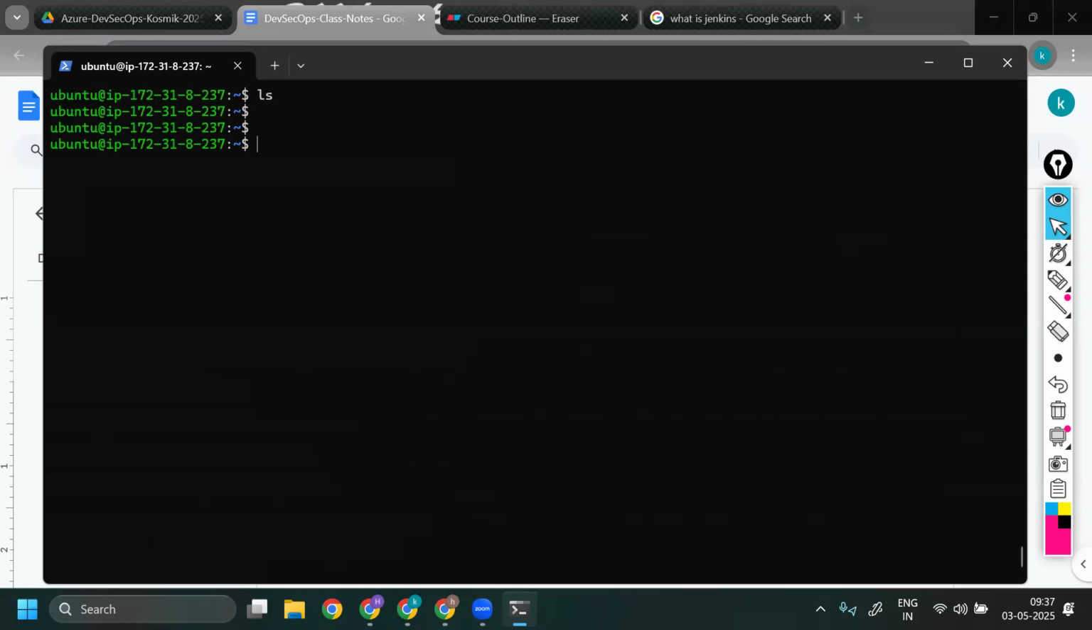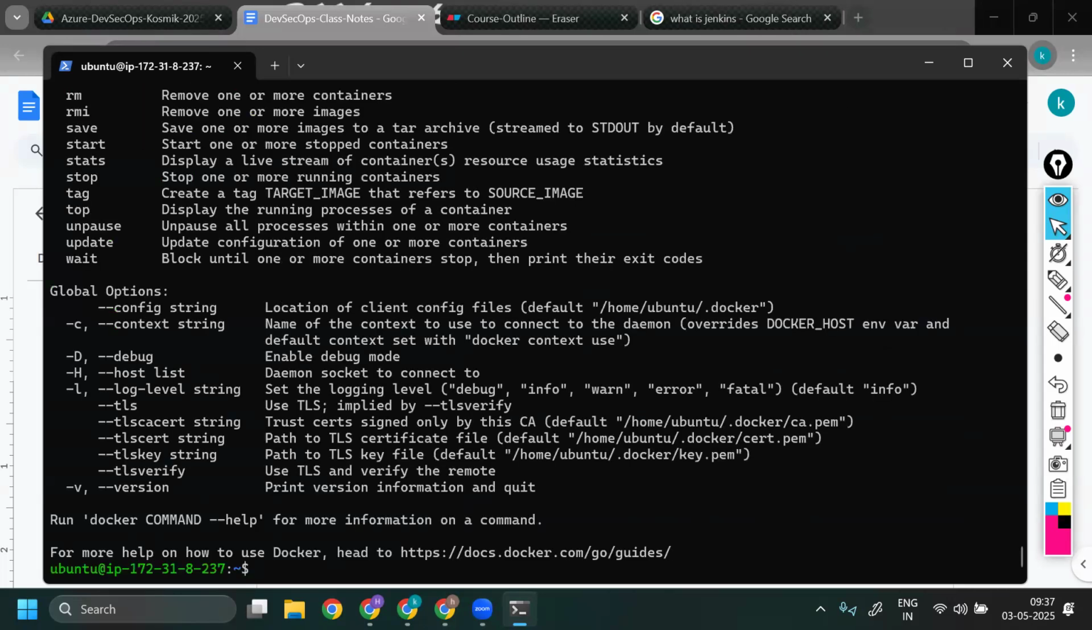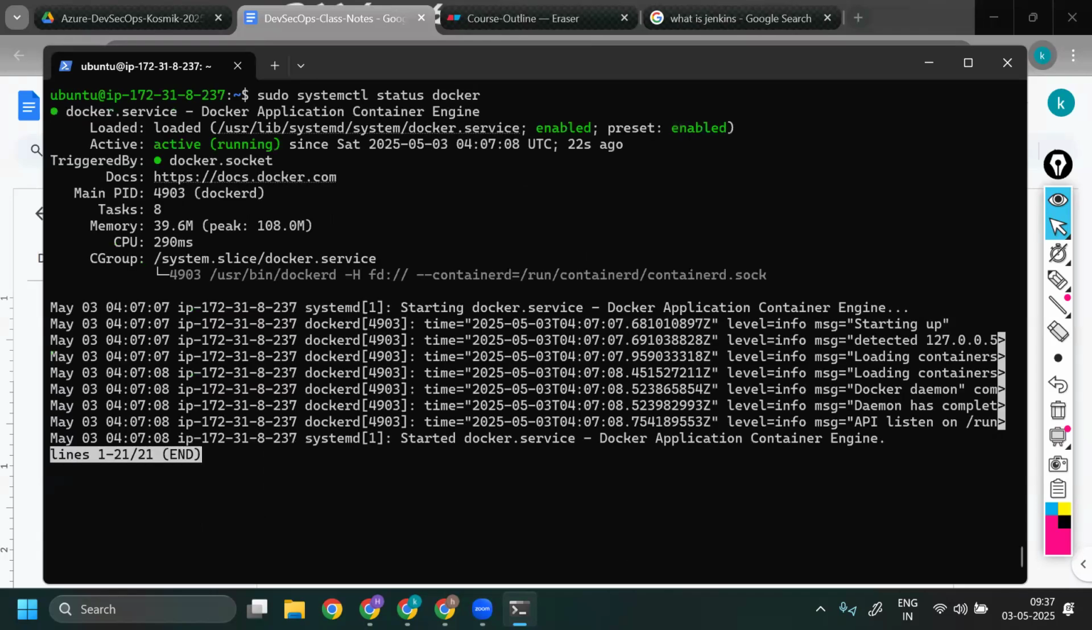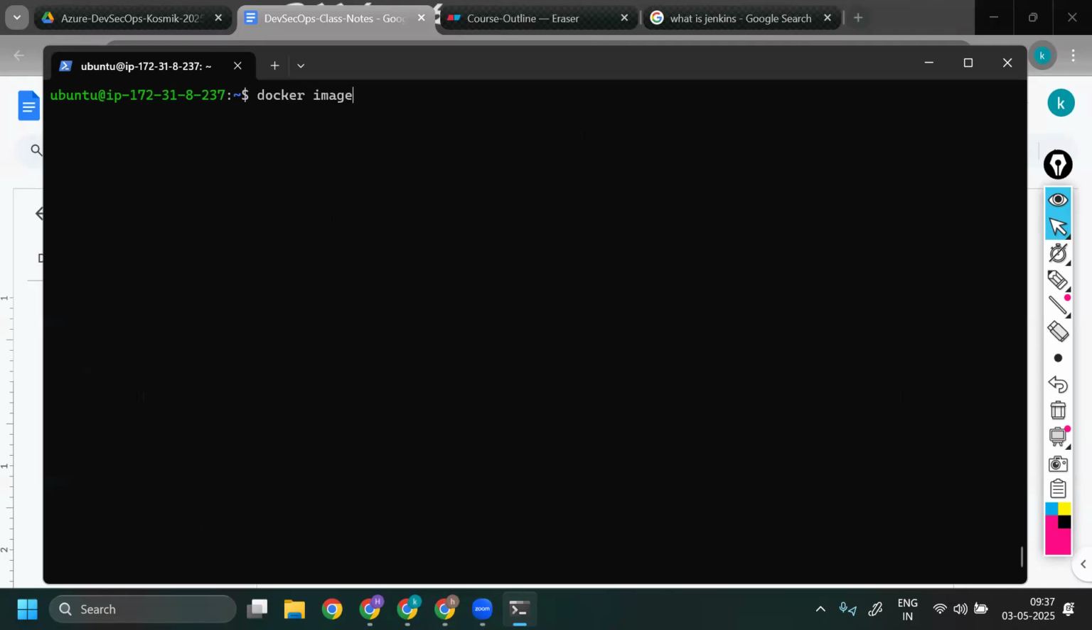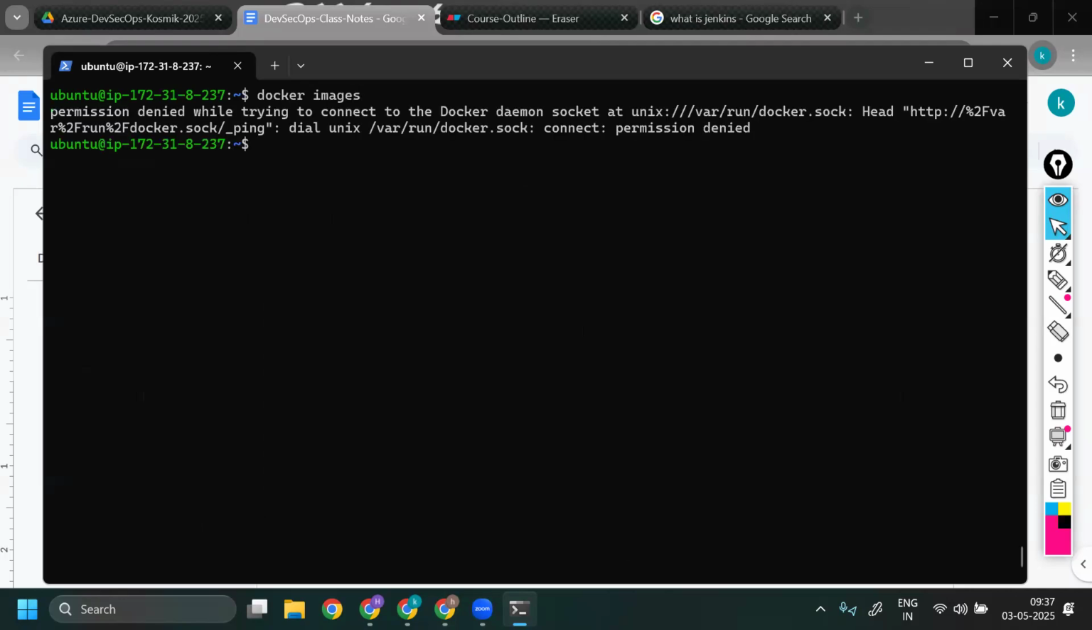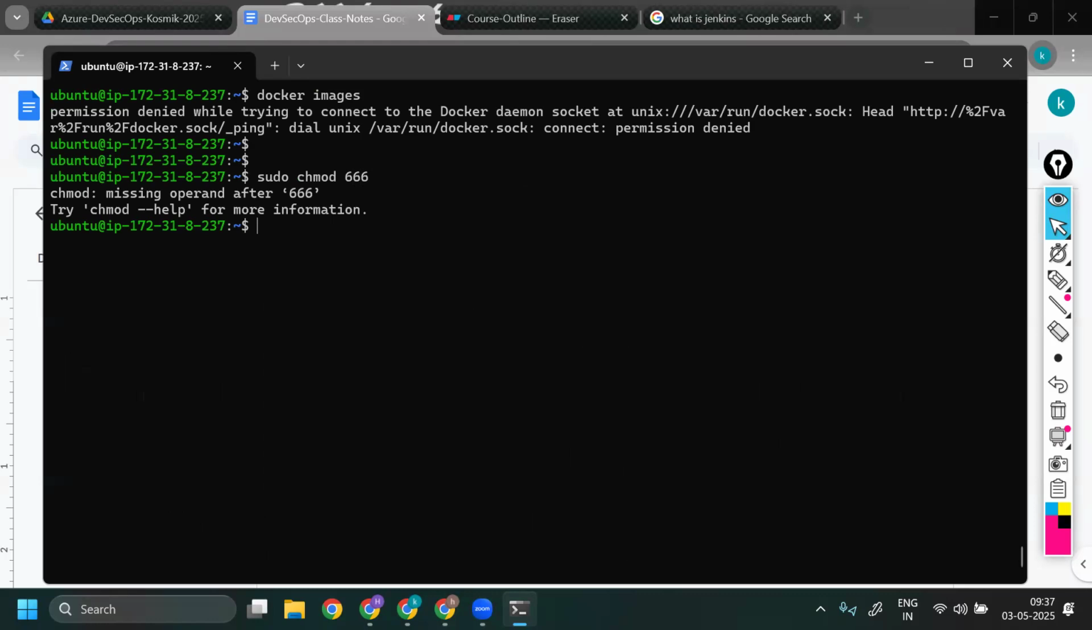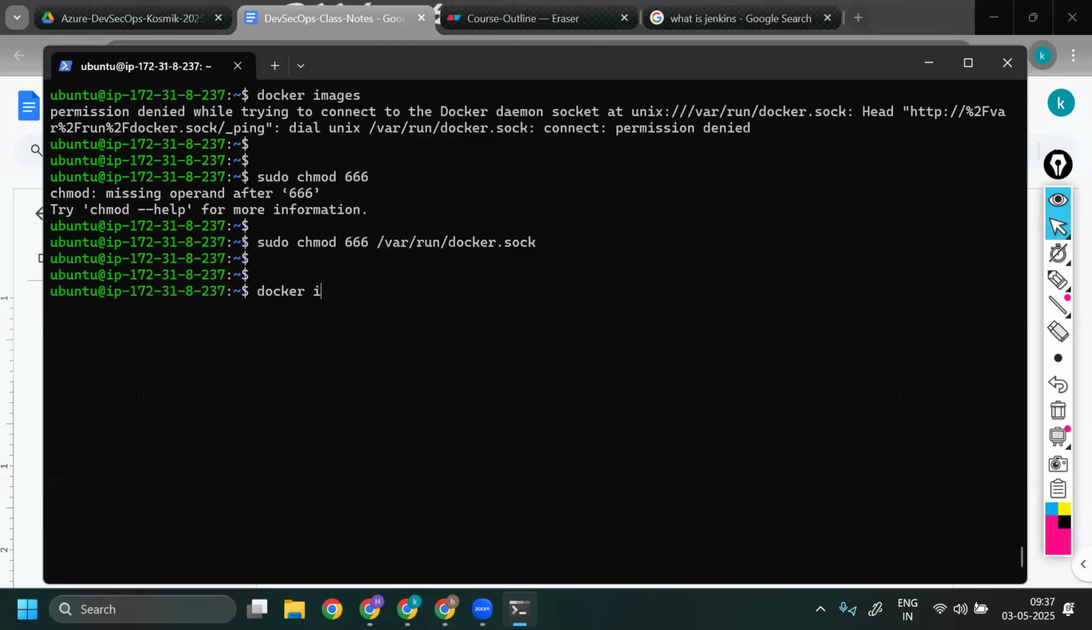Docker is installed. If I say sudo systemctl status docker, it's running. Docker images. Let's modify permissions. Now if I say docker images,